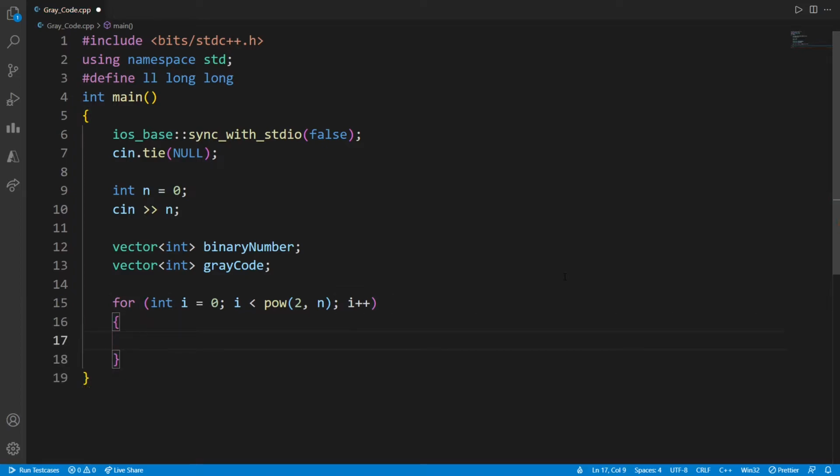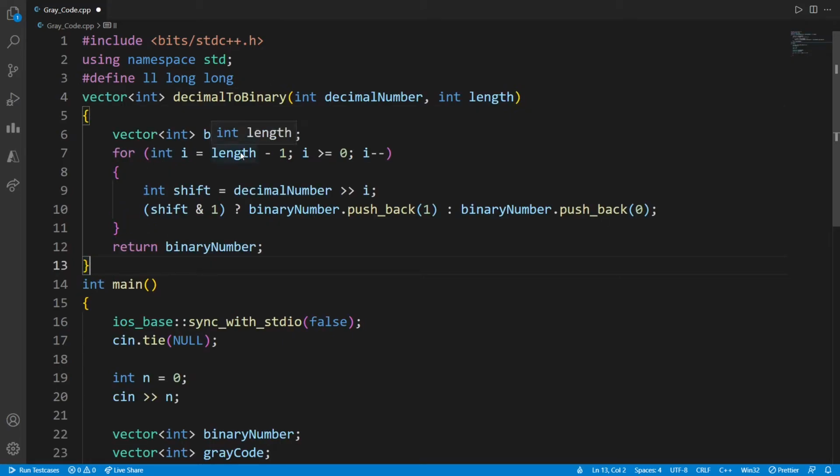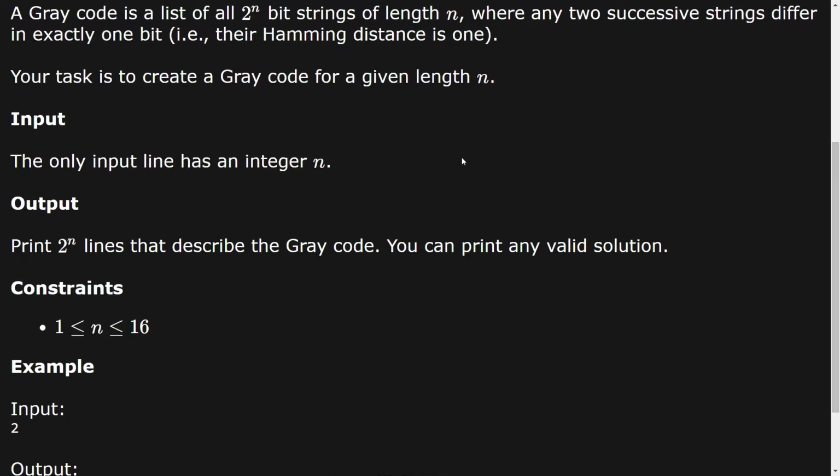Now we need to call our function which converts these decimal numbers to binary. I have made a separate video, so if you have watched that video, then you would know how I wrote this function. I will provide the link in the description. You had better watch this video. So how do we convert this decimal to binary? It accepts a decimal number and a length. How much length do you want? You want n of 3, 4. So here we want that length.